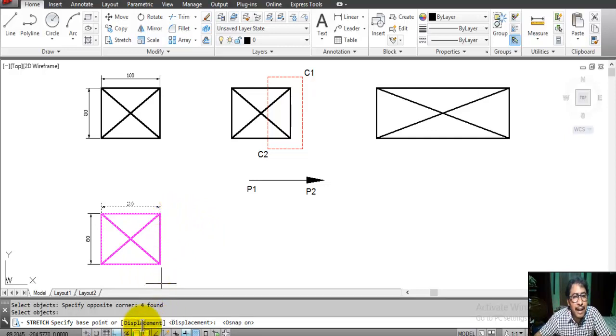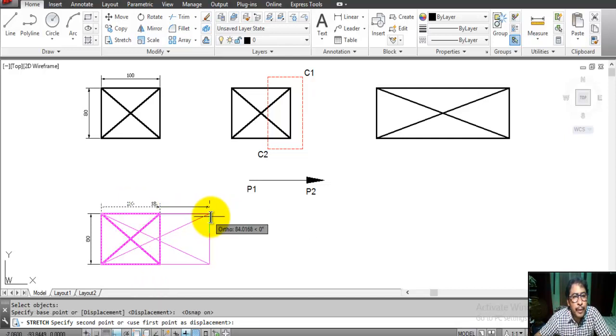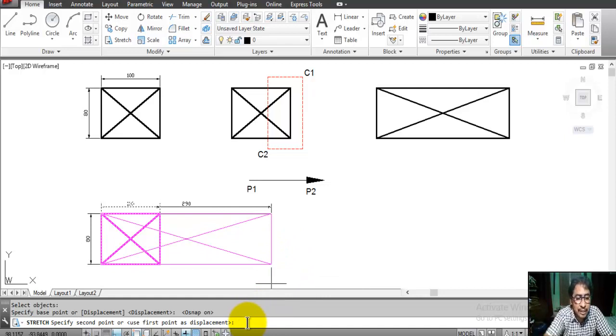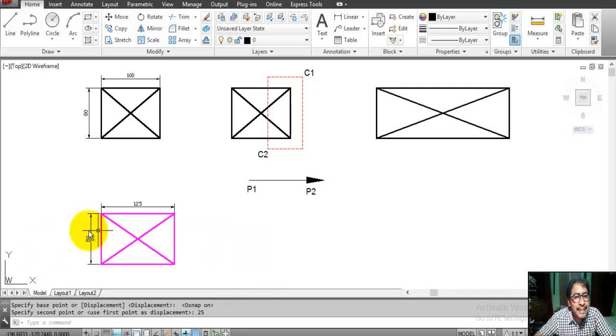If this is the base point, and we want to increase the 100 millimeter length to 125, then we type the second point just 25, enter. It is increased to 125.